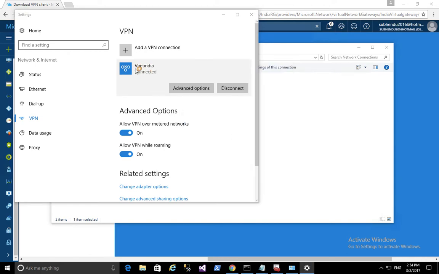And as you can see, the VNet is connected. So this is how you can do the point to site configuration. At this point in time, this computer is working as the point and Azure is working as the site, and this computer is connected with your Azure site. If I talk about cross-premises network connectivity, we have site to site, point to site, and VNet to VNet. So here we are done with our first and second steps, that is VNet to VNet and point to site.